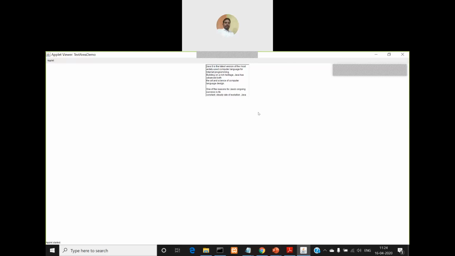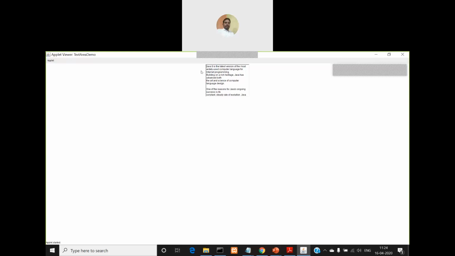Look at the text area. You are able to see some width and height. You're able to see the text area with width and height with default text, whatever we have given for the val string variable, displayed as it is. Are there any scroll bars, vertical and horizontal? There are no scroll bars.